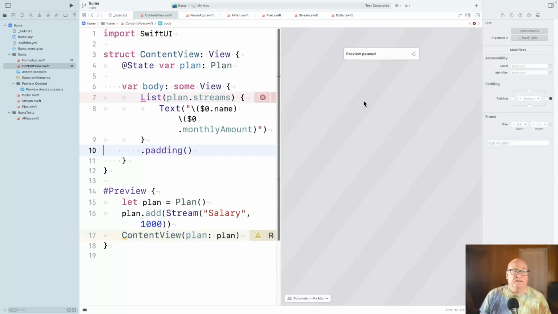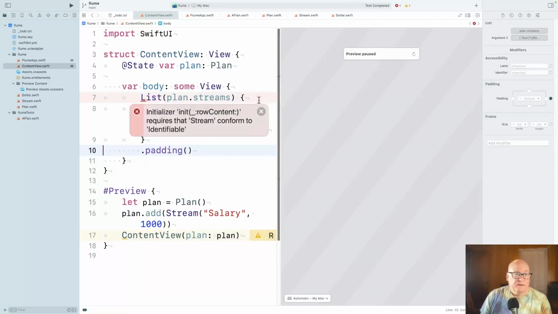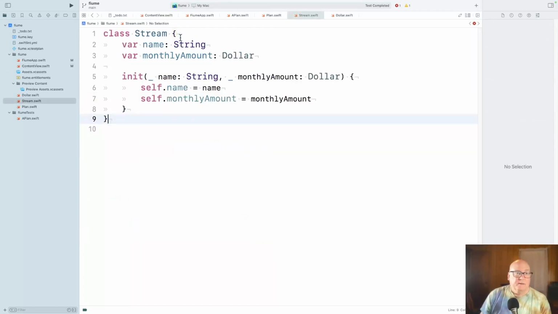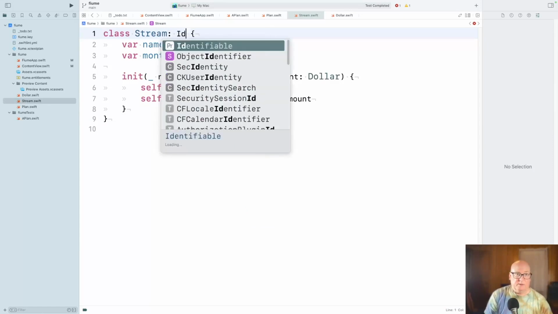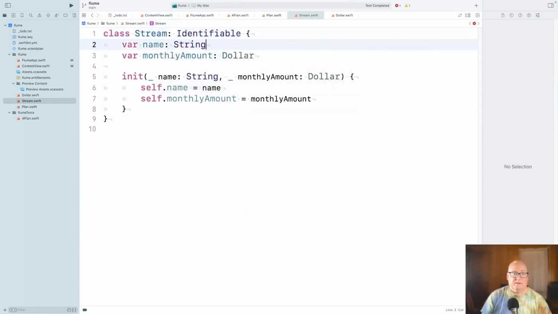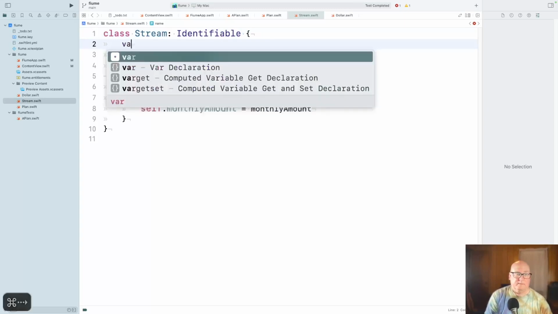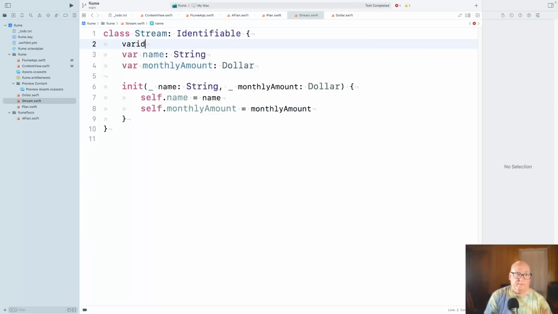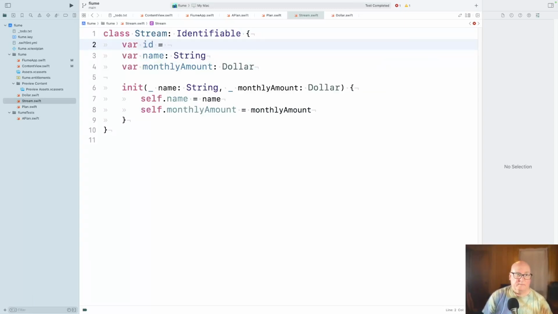Padding probably doesn't hurt anything. All right. And it requires stream conform to identifiable. Okay. That seems reasonable enough. I think we can do it that way.